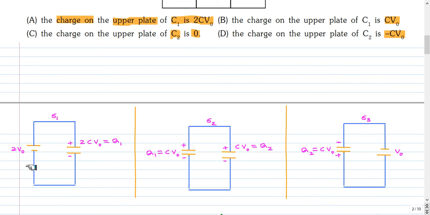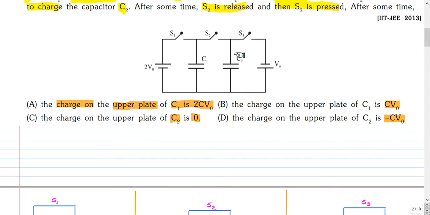And after some time, this cell of 2V0 will charge this capacitor C1 fully, and the voltage drop across this capacitance will be 2V0. So the charge on the upper plate will be 2CV0, because charge is capacitance times voltage drop, which is 2V0, and the upper plate will be positive because it's connected to the positive polarity of the cell. And after some time, the switch S2 is closed and S1 is open,